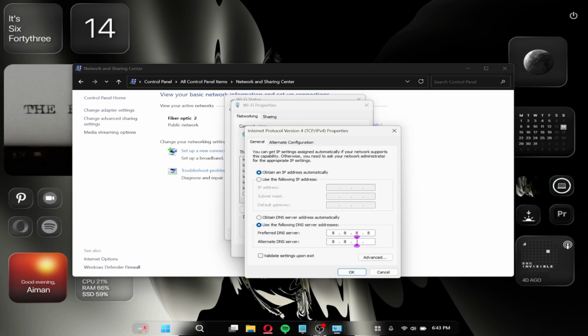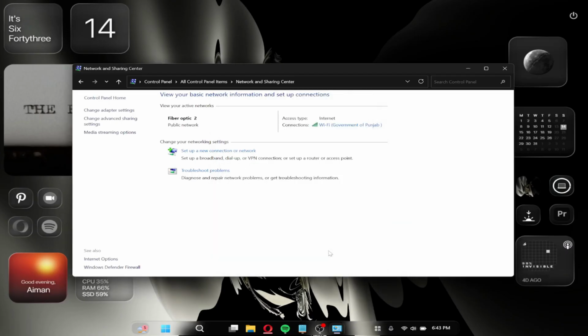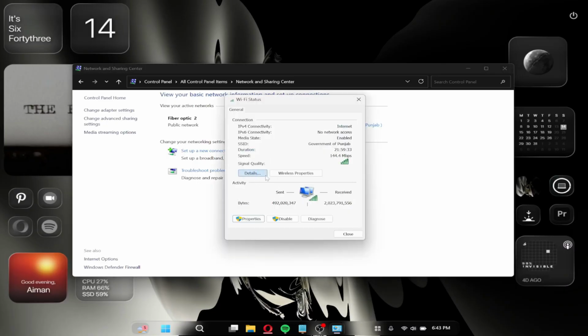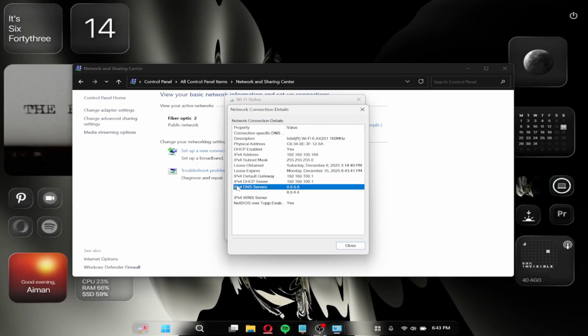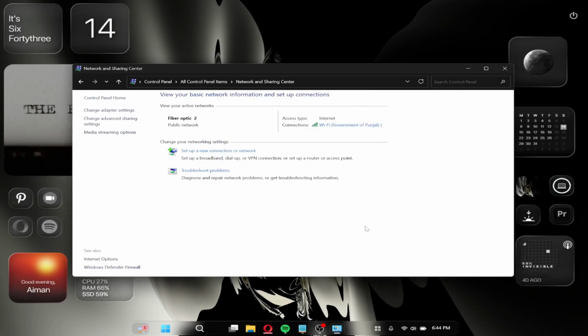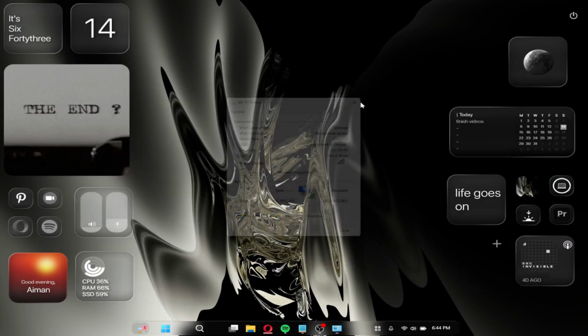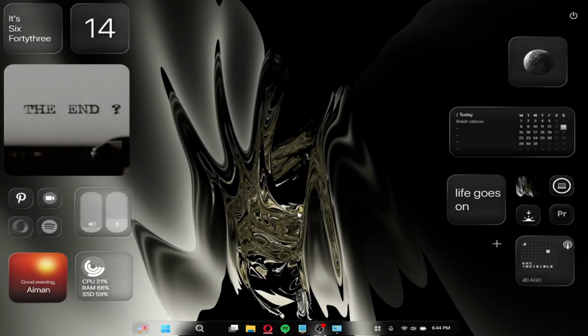Select the option to use custom DNS addresses, then enter 8.8.8.8 as the preferred DNS server and 8.8.4.4 as the alternate DNS server. Click OK to save the changes, then click OK again to close the remaining windows. To confirm that the DNS has been updated successfully, click on Details in your network status window. You should now see that the IPv4 DNS servers have changed to the Google DNS addresses. Once this is done, you should be able to access websites that were previously blocked by your internet service provider